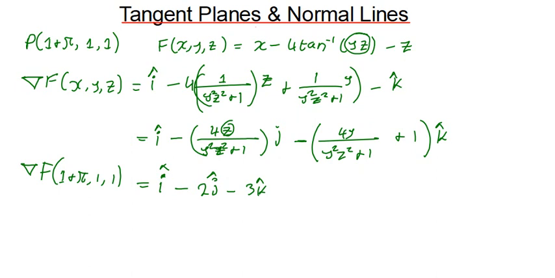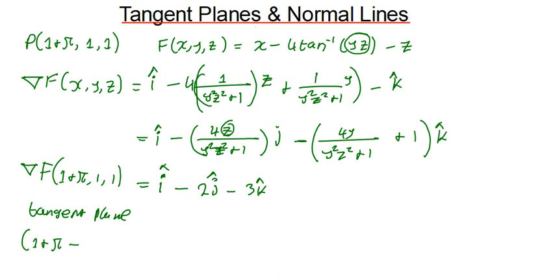Then, because we already have what we need, we have the point and we have the normal vector, and that will help us to determine the tangent plane equation. So the tangent plane equation, how is it going to be? It's going to be your coefficient here, which is your 1, okay. I don't need to put it. Then you're going to have your x initial. Your x initial is your 1 plus pi. Then you're going to say minus what,